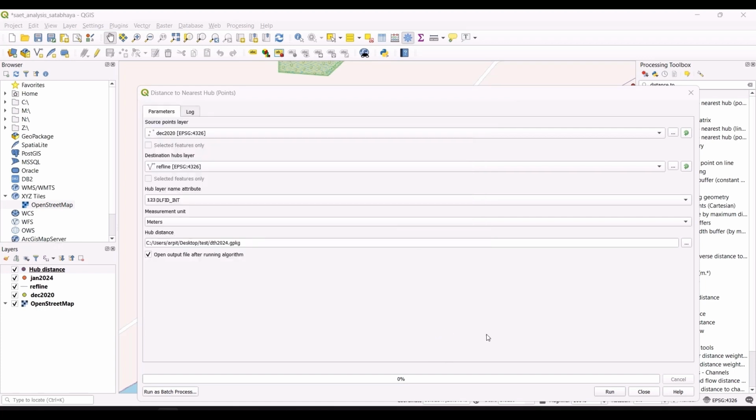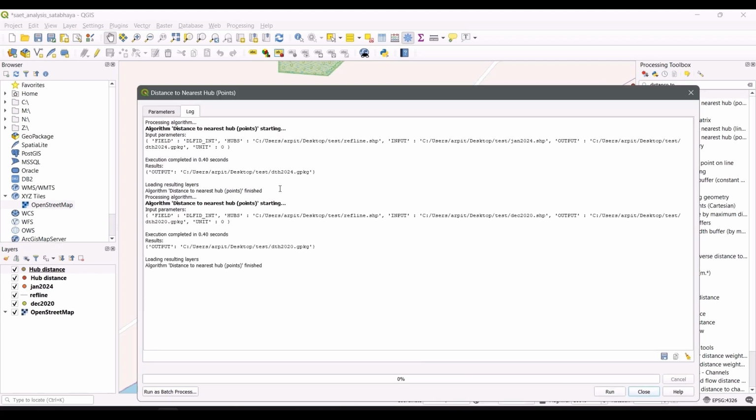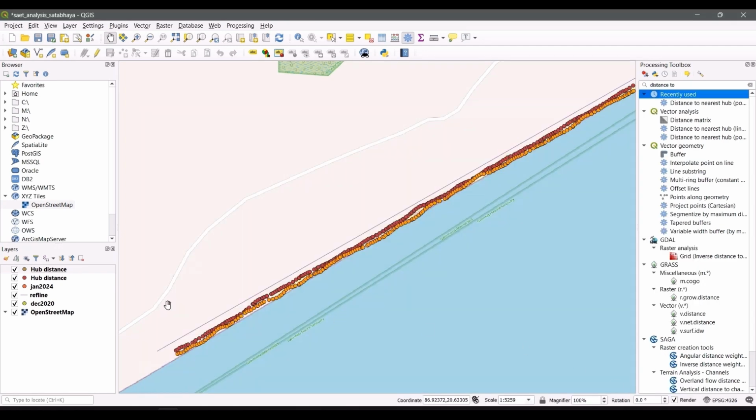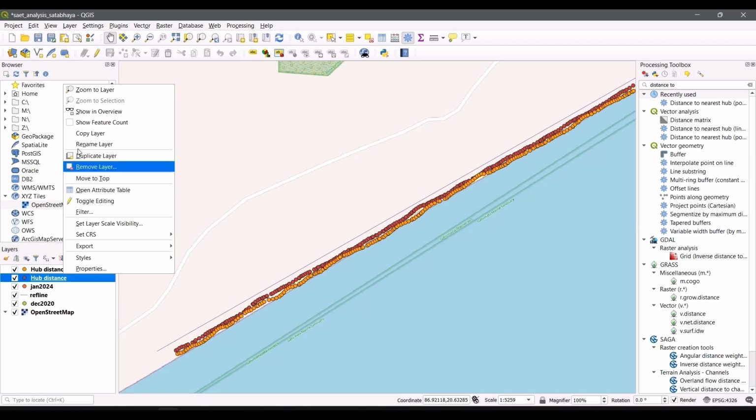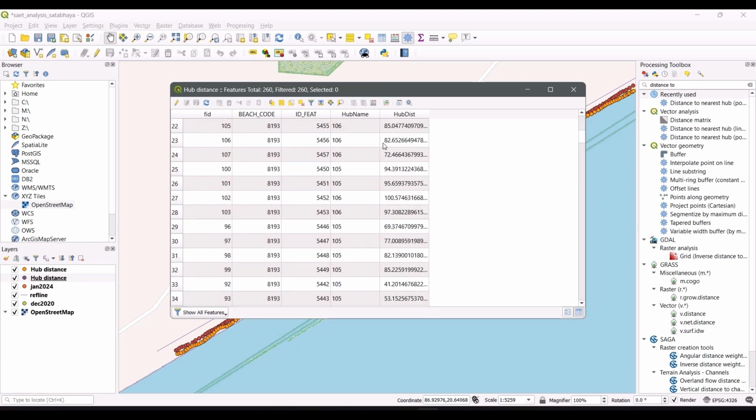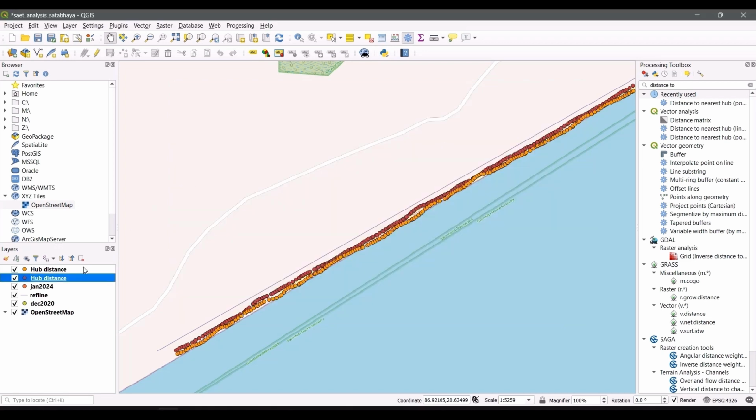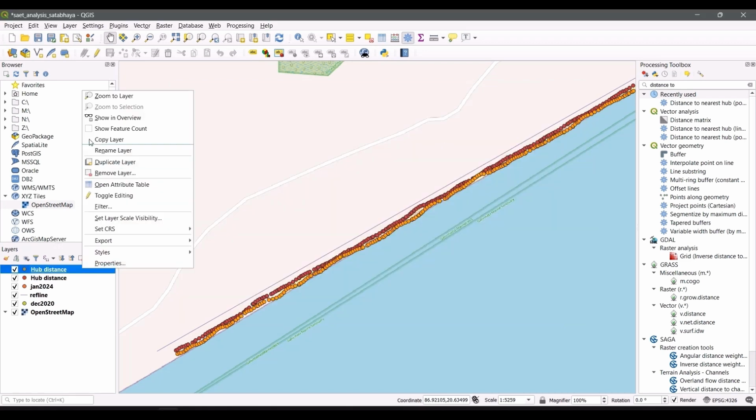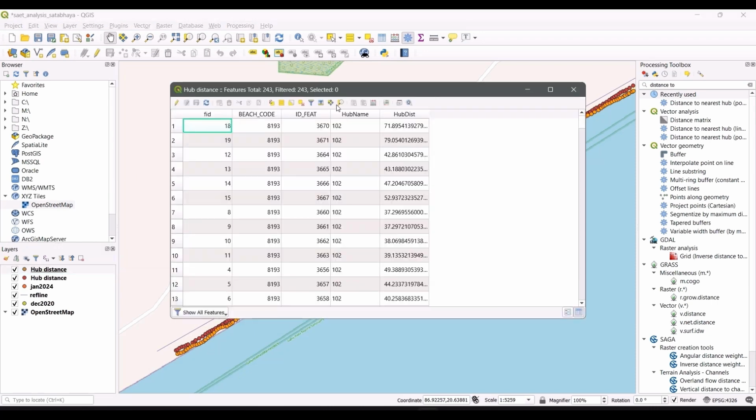So this particular tool helps us to find the distance between the shoreline points to the nearest segment on the reference line. In the output attribute table, focus on the newly generated hub dist column, which contains the distance between the shoreline point to the nearest sector on the reference line. Total 260 shoreline points were there in this layer, and hub dist has been computed for all of them. And in the other output, total 243 points are there, and hub dist has been computed for all of them